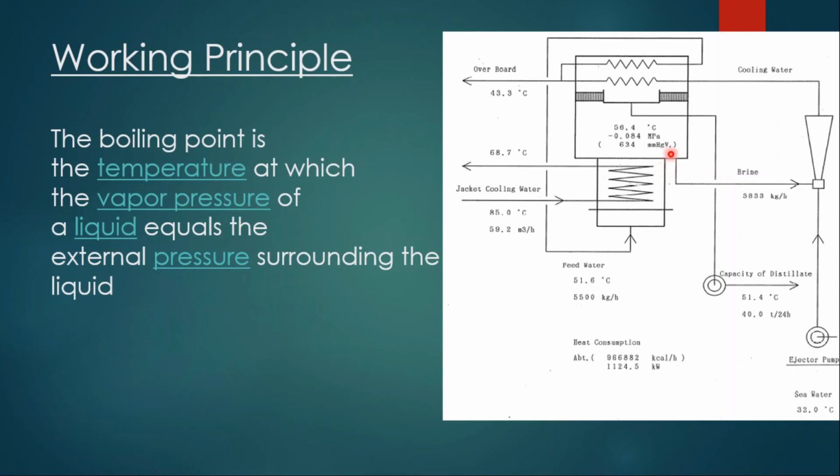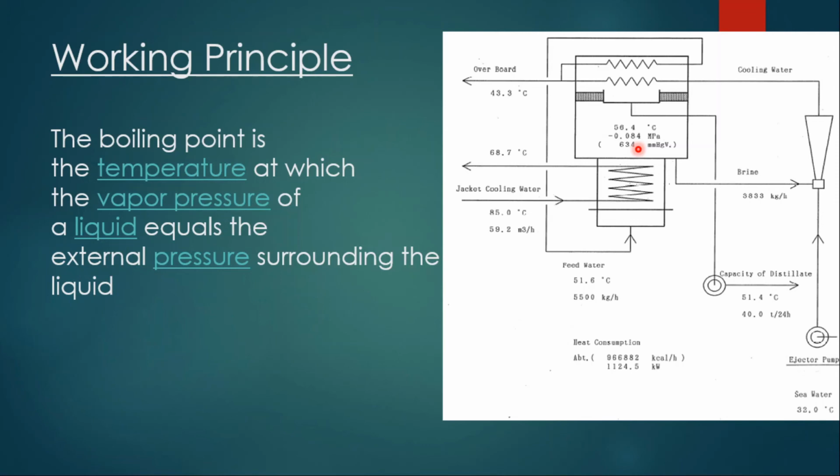So by creating a vacuum, we are creating a low pressure inside a shell. So once we create a low pressure, water boils at 46-48 degrees Celsius of temperature, okay, or 50-55 degrees Celsius temperature. We get water which has been boiling and produces the vapor. So how the freshwater generator works, we will see in the next slide.